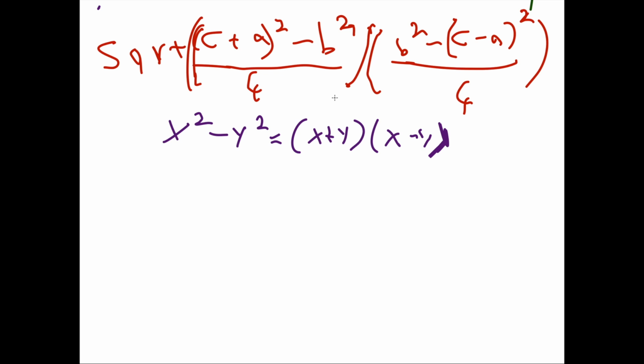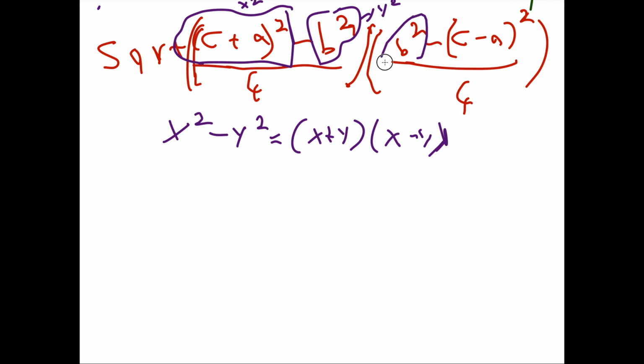So that is what we're going to use again. If we consider that x squared, and if we consider b squared here, y squared, and same thing over here, if we consider this x squared, and if this is y squared, if we do that, we get